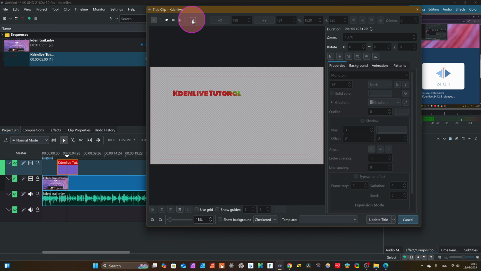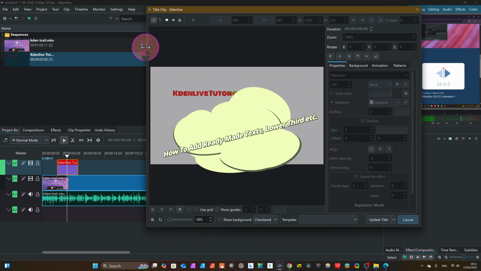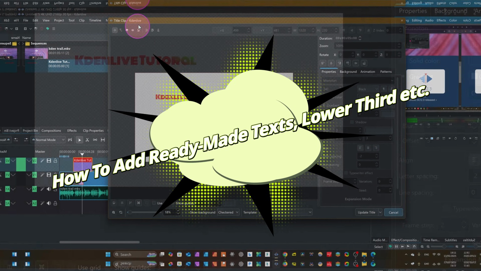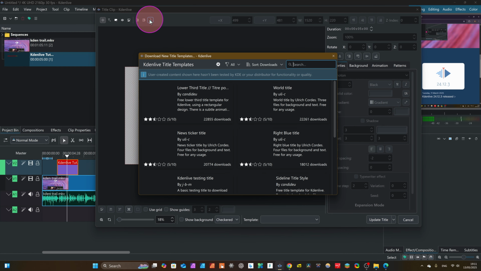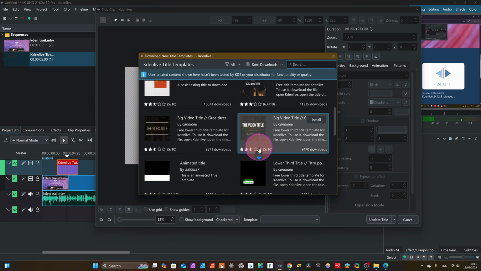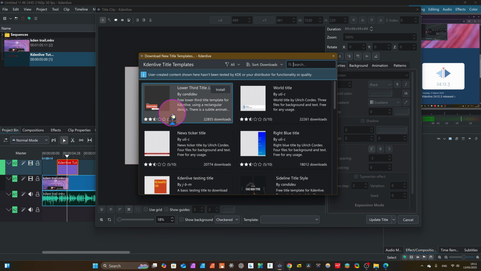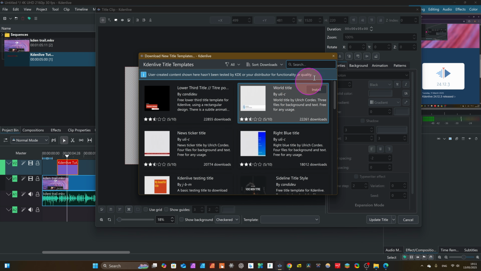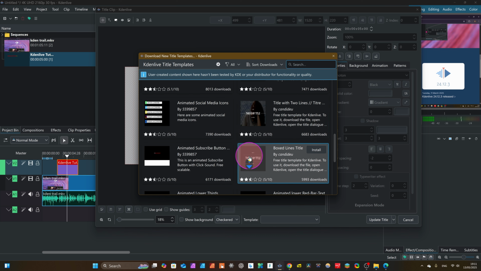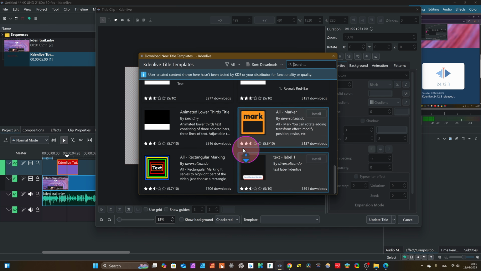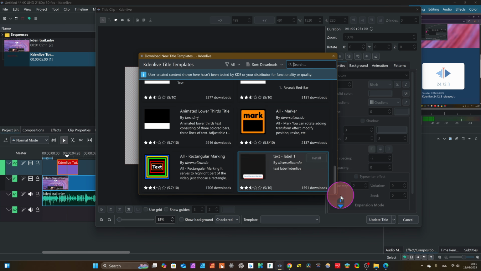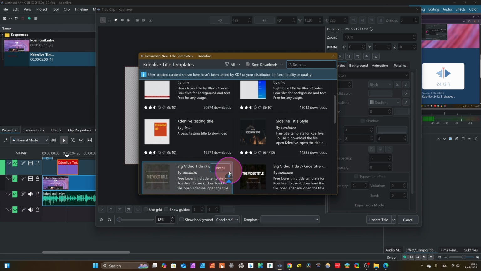But we come here. You see here, just extend this. You can extend it this way. Now you can see here we have this download item. Just click here. From here, you can download any type of resources, dear friend. There are several resources here: lower third, word title. These text templates are actually from our community. If you use them, you can donate to these hardworking people who have prepared the free text templates for us. All text templates are available here, and you can download directly from here.